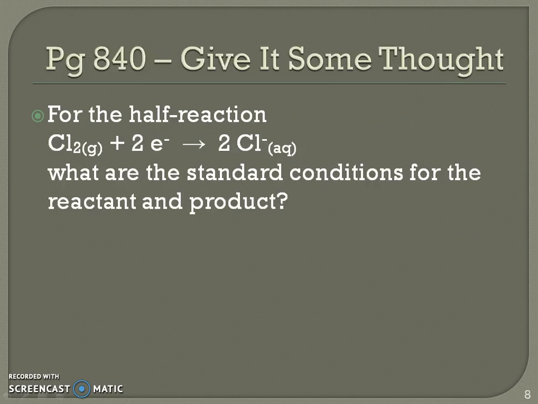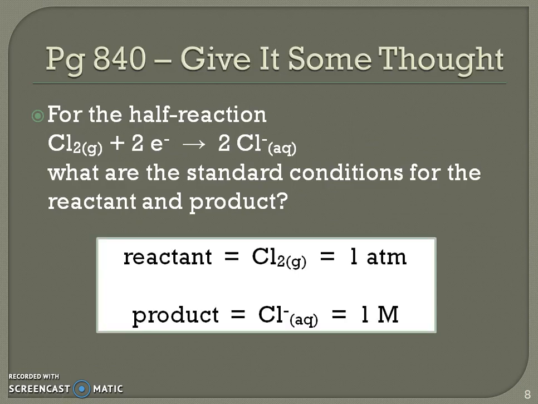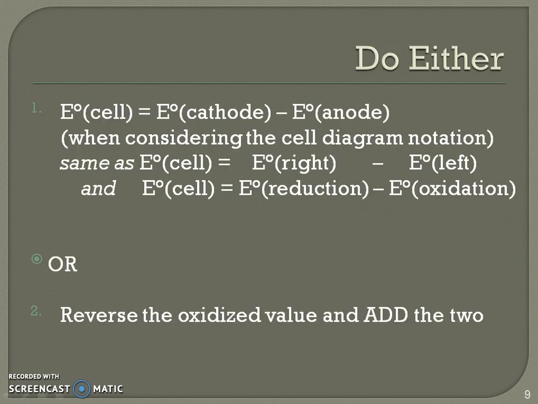So again, give this some thought. Could you come up with that? Hopefully that makes sense, because we've talked about gases being at 1 atmosphere for standard conditions, and of course aqueous means 1 molar. So we can do one of many things to figure out the cell potential of our overall reaction. Cathode minus anode. Or if they're talking about a cell diagram, it's usually right minus left,